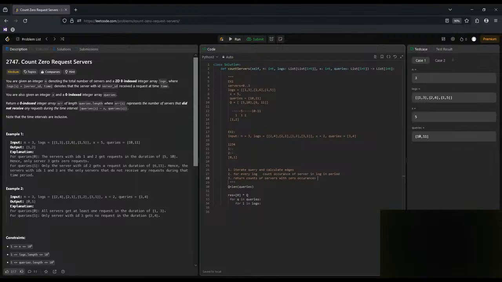Right, so it's 0 indexed the total number of servers and 0 indexed player logs. You're given an integer denoting total amount of servers. Do we have a server like 0? No, right? We just have server 1, one, two, three. Okay, so